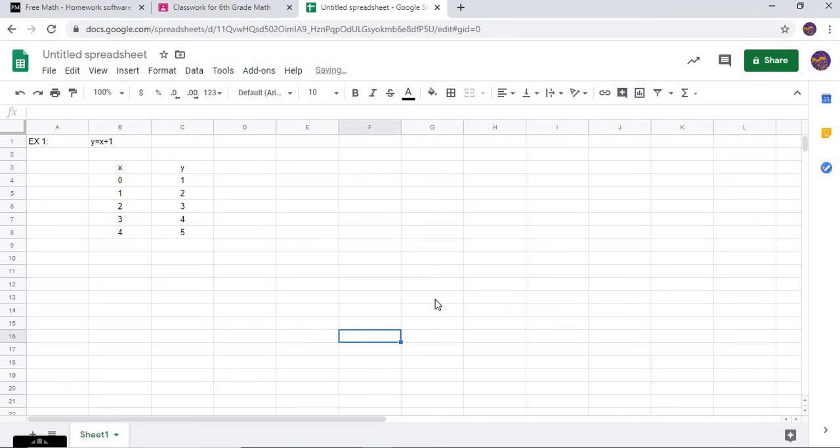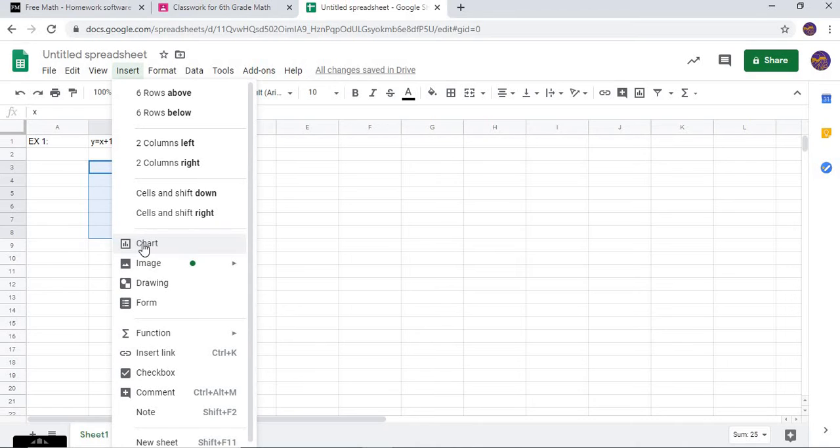Now to create your chart. Usually we do this on pen and paper, but I'm going to show you how to do this with Google Sheets. All you need to do is highlight this portion right here, your actual table, and you'll see this icon up here, Insert Chart. You can click on that, or you can go to Insert and go down here to Chart. Either one will get you the same result, but if you click on this,